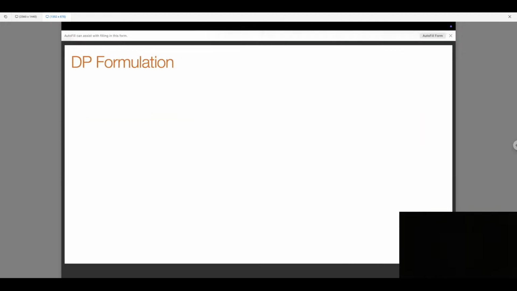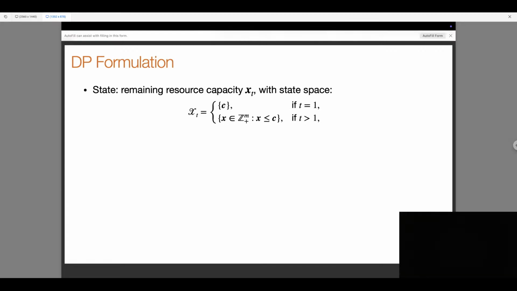And this problem we can formulate as a dynamic programming problem, so we have a DP formulation. Here the state is the remaining resource capacity x_t, where the state space is denoted by calligraphic X_t. If the time equals 1, that is the initial time, the state space